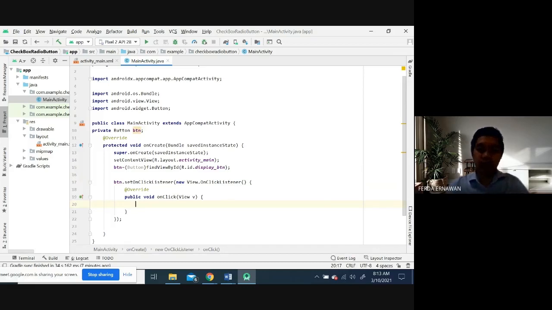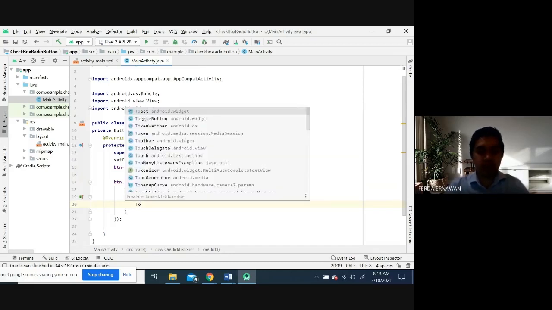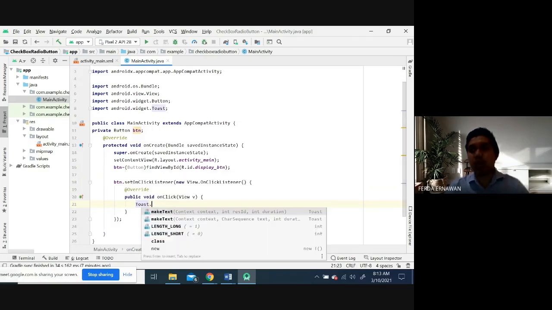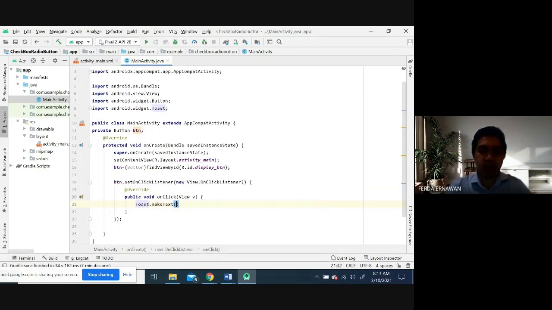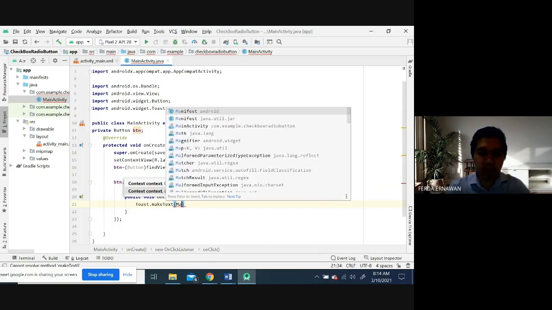So in order to pop up the message, you can use Toast.makeText, and then call your class where your message will pop up. So here is the main activity.